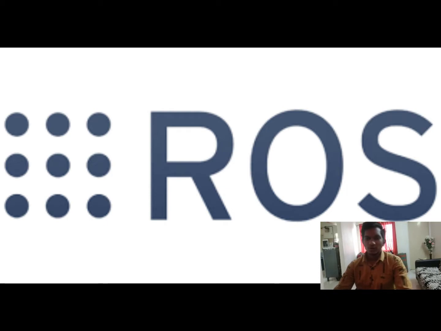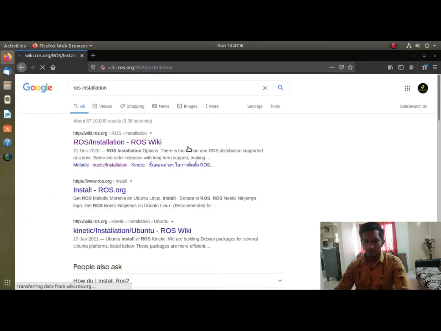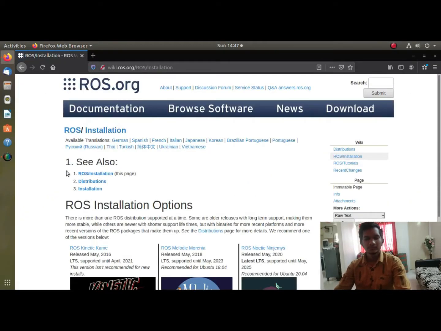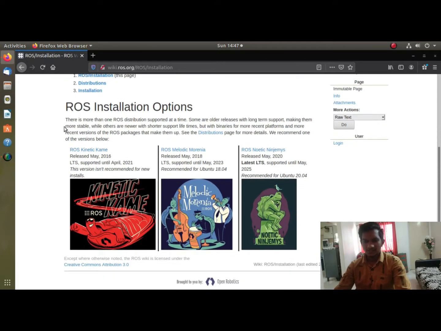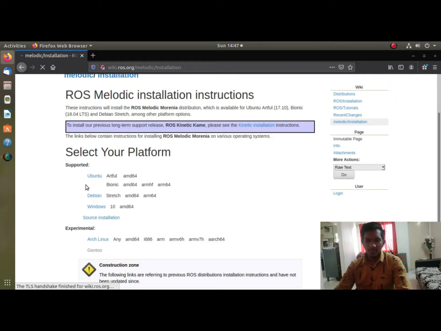First of all, go to the ROS installation page, the official website. There are various ROS distributions available here, and the most supported version for Ubuntu 18.04 is ROS Melodic. So we are going to install ROS Melodic here.